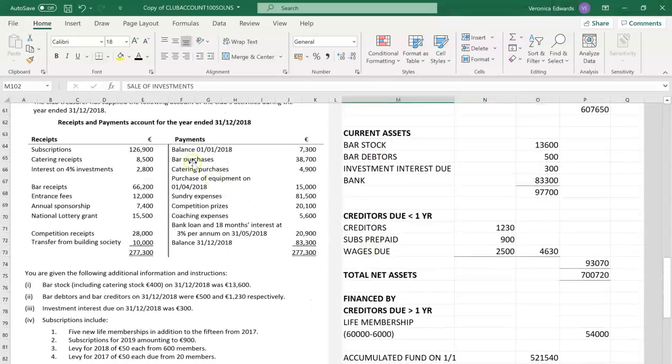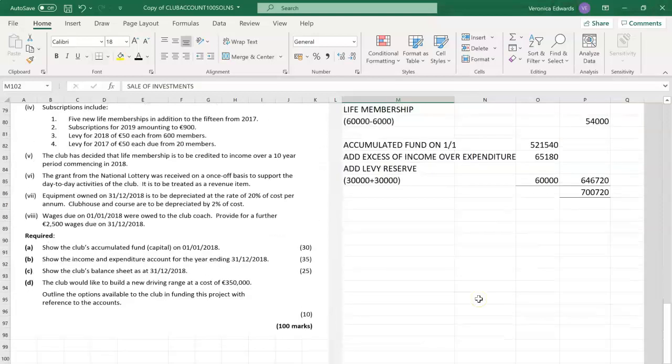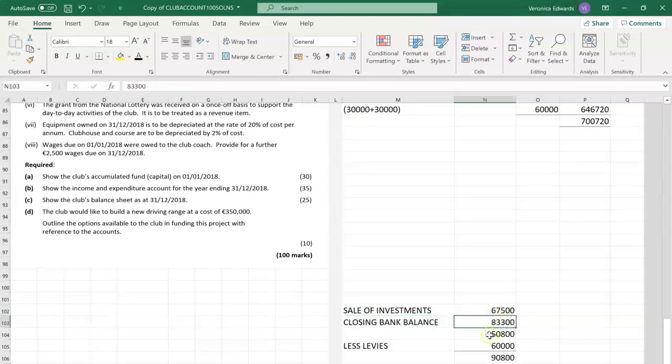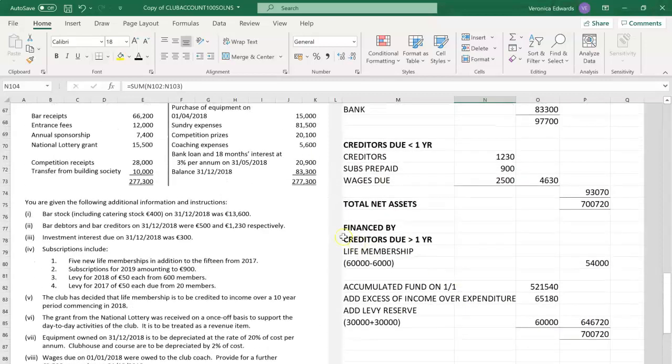What else? Well, looking here at the receipts and payments account, you'll notice that there's a closing bank balance of €83,300. So it may be possible for the club to use that money as well to put towards the financing of the new driving range. Now that would raise €150,800. But we need to stop at this point and just consider the fact that the money that we have